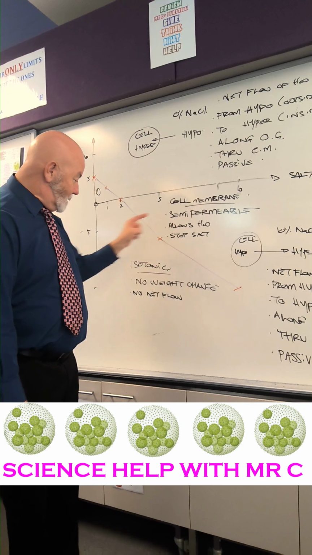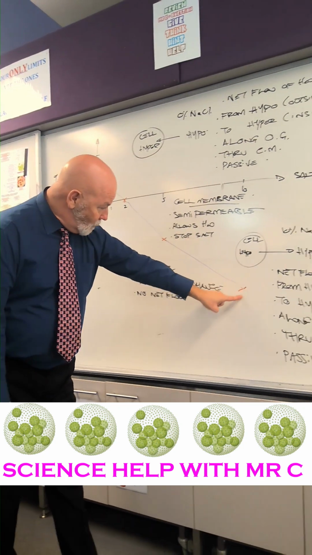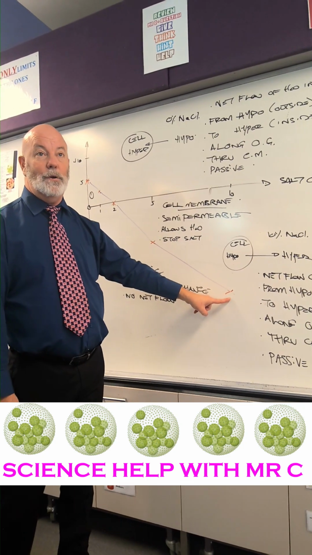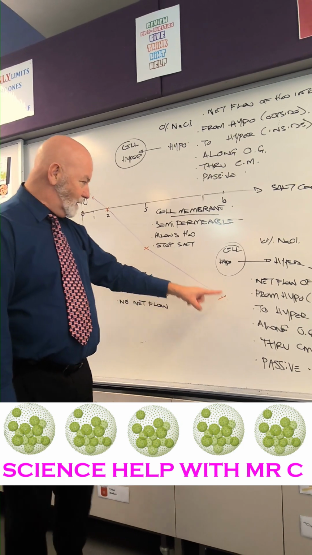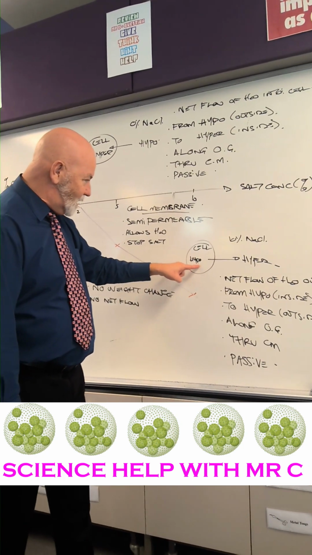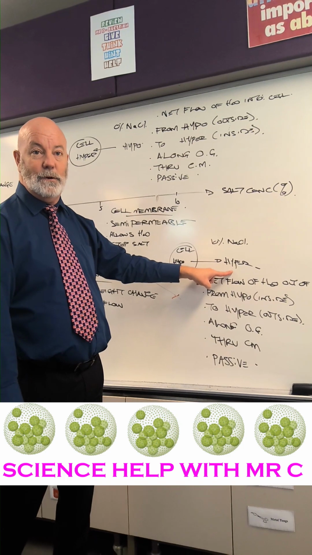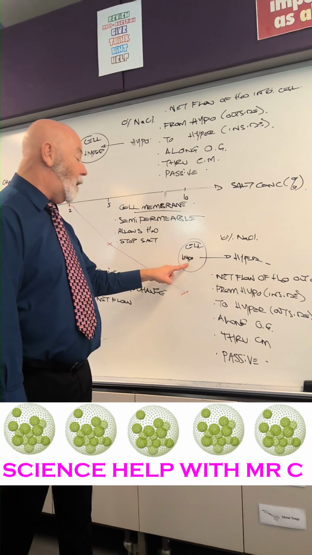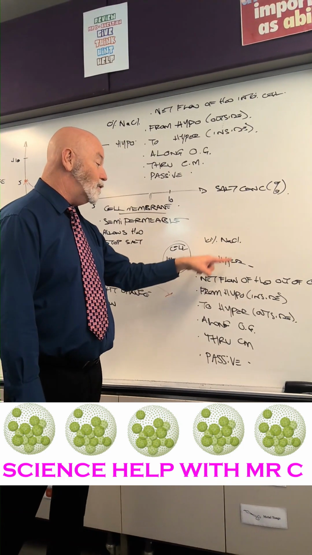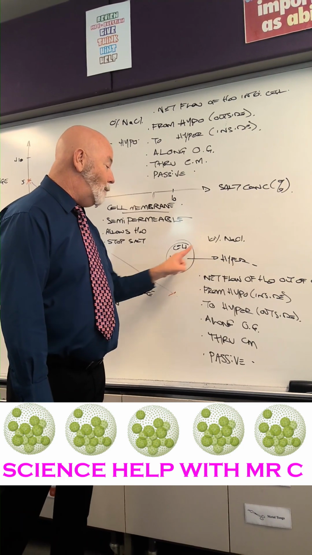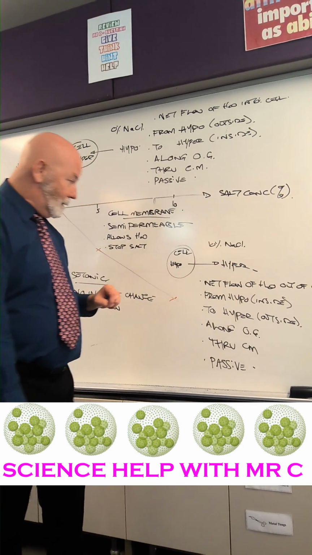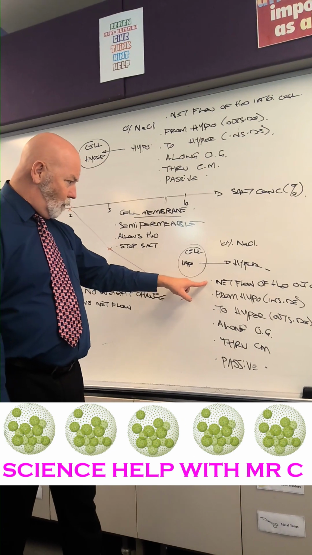Down the bottom here, the potato cores are going to lose weight, so we can say that the water is going to move from the cell into the 10% salt solution. We can say that the cell is hypotonic and the 10% salt solution is hypertonic, and water will move out of the cell. When we write it up, we say that the net flow of water is out of the cell